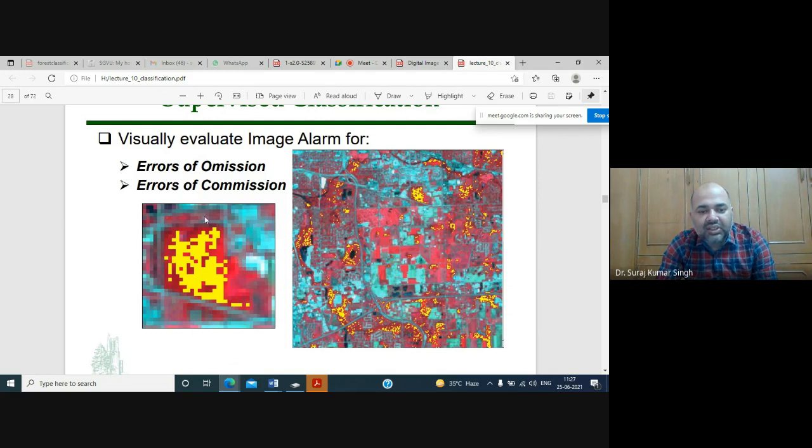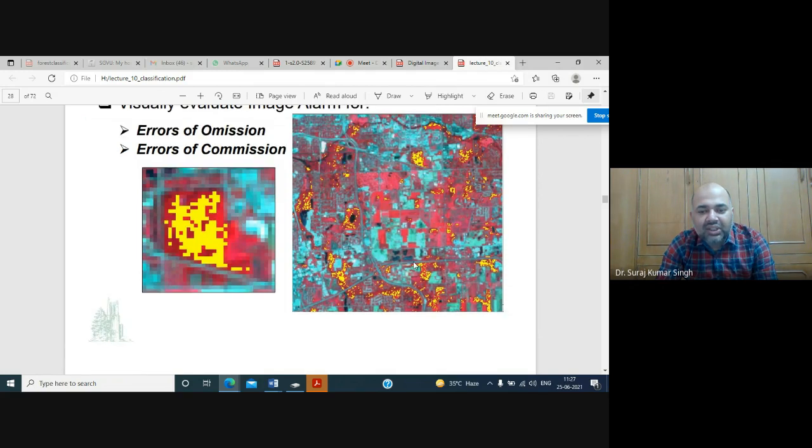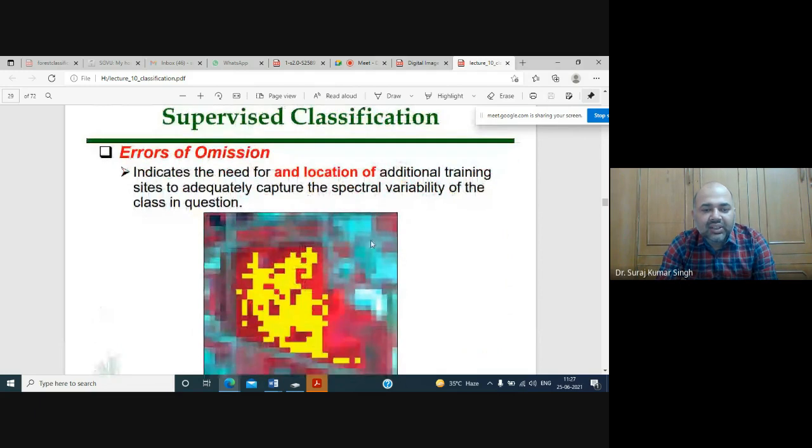So you'll be taking this signatures for each and every earth object, and finally we'll be omitting the errors that indicates need for and location of additional training sites to adequately capture the spectral variability of